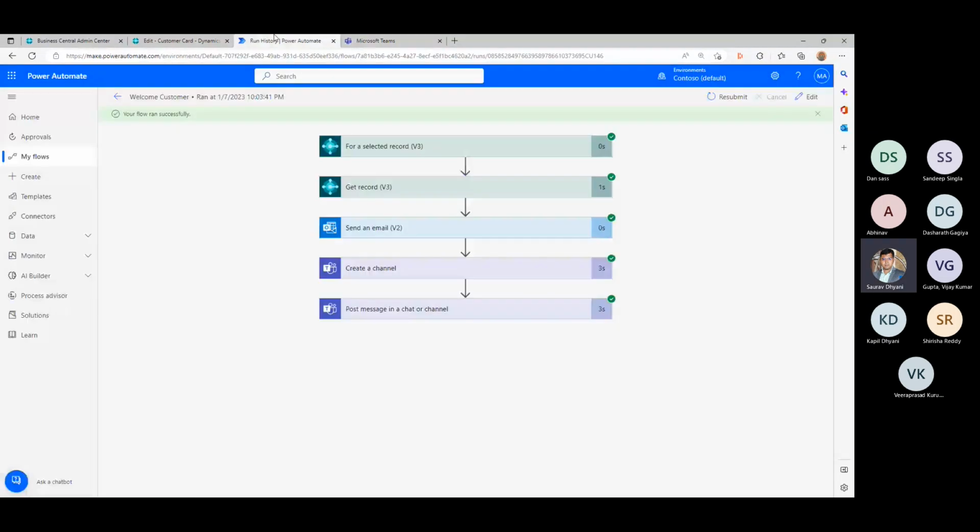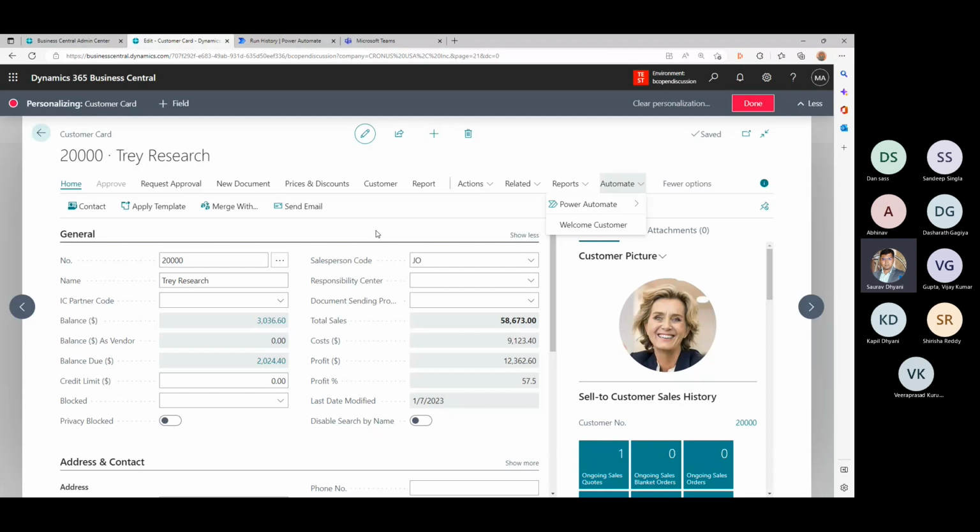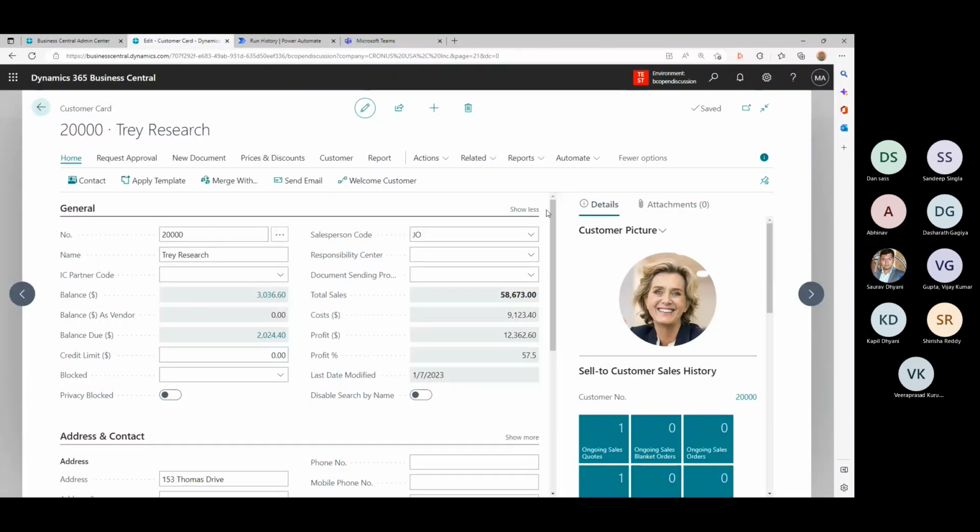Let's see what happens here. Okay, let's drag this in and place it here, because I think it's important that whenever a new customer comes, somebody from the home action should do a welcome customer, so that all these predefined initial setup steps for that customer are executed as I need it. So you can also play around with these menus wherever you think they make more sense. Keep them as promoted or not. And then the user just needs to click here. And if he or she has the right permission, it will execute.